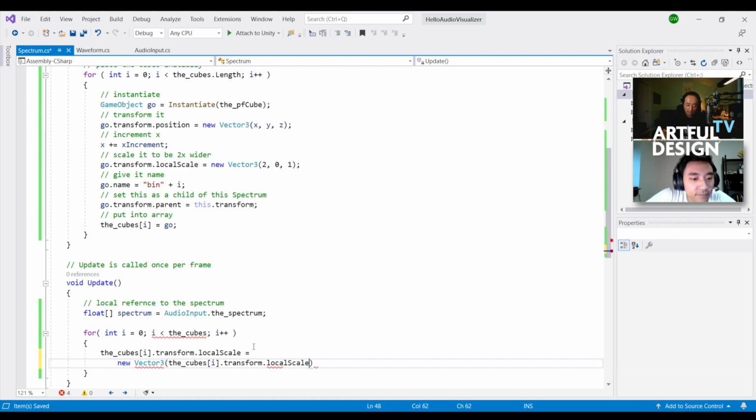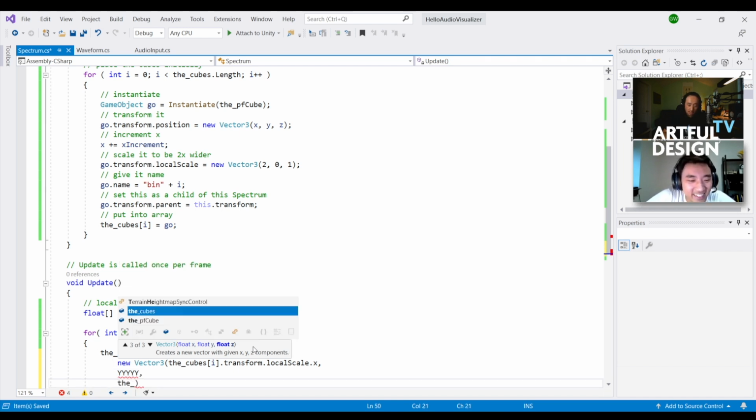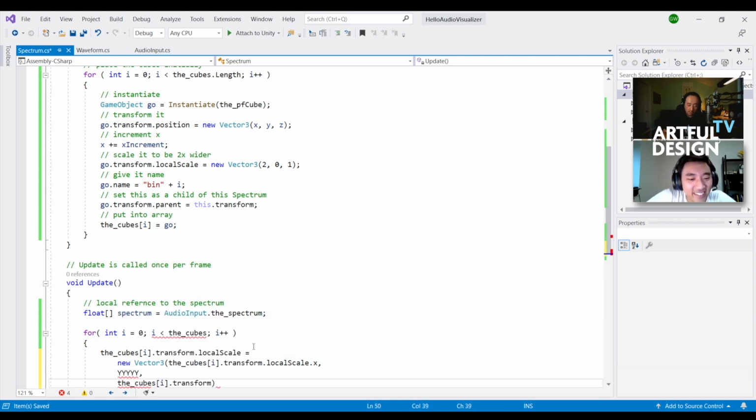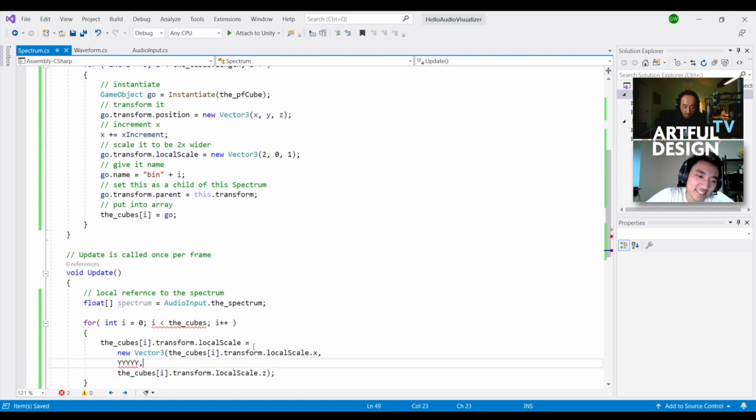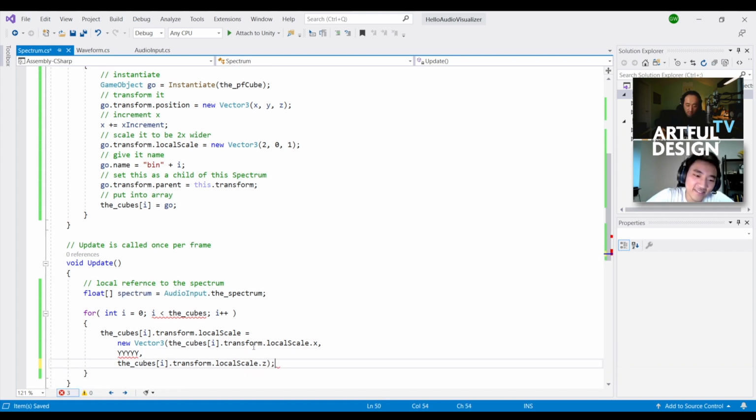Never gonna actually get the autocomplete correctly. Dot x. Again, kind of this y thing we're gonna have to deal with in a moment. And then the cubes sub i dot transform dot local scale. And also we need another parenthesis. No, actually I don't. Okay, so what do we put here as the y? In fact, I'll just call it y, and we can even figure the y out